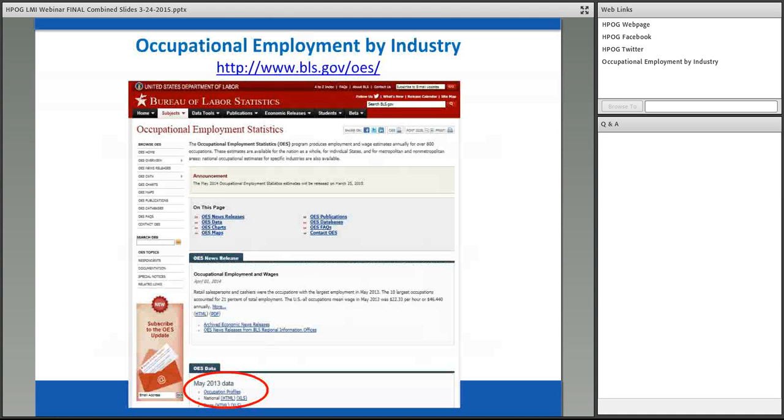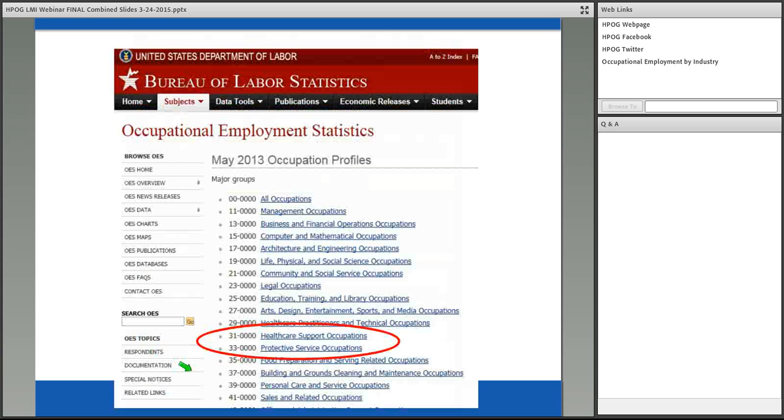So Josh has mentioned the Occupational Employment Statistics Survey many times, and so this is the homepage and the link to the homepage for that. And really, the easiest way to find a lot of the information he was talking about is if you scroll down to where you will see the occupation profiles down at the bottom here. I want to point out, this says May 2013 data, but actually just today BLS released the May 2014 data. And so if you click on occupation profiles, you get the whole list of occupations by major group.